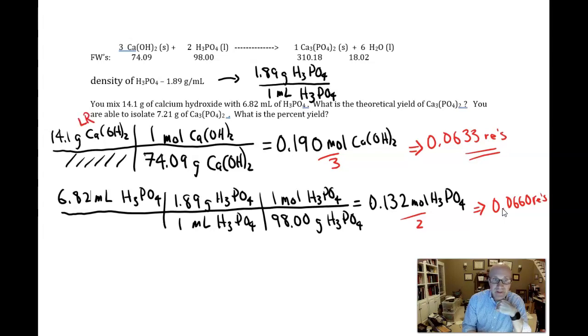If that's our limiting reagent, that means that phosphoric acid is our excess reagent, which means it's the thing that after the reaction occurs, you would actually expect to have some of that left over. But again, the thing that runs out first is what controls how much we could make. So we won't actually need